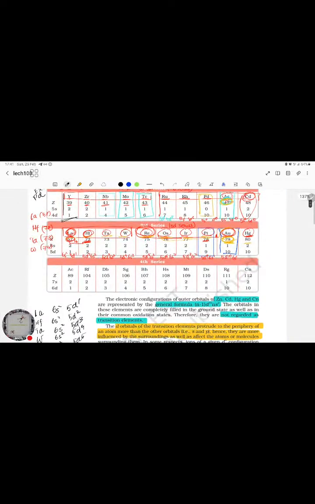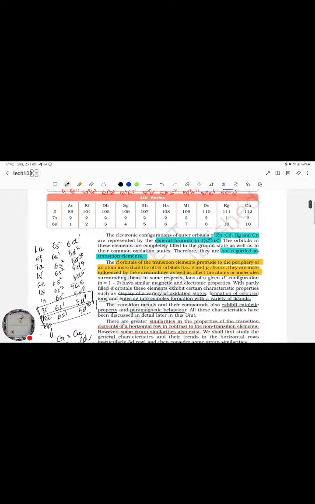And we have the fourth series as well. In the fourth series, only the particular element roentgenium is going to be our exceptional case. All the others are going to be fine actually. That's actinium, rutherfordium. Yes. So the electronic configurations of the outer orbitals of zinc, cadmium, mercury and Cn is represented